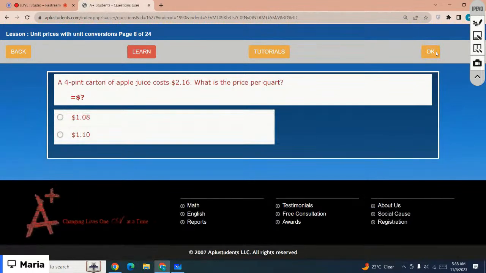A 4 pint carton of apple juice costs $2.16. What is the price per quart? Which is the correct option? The correct option is $1.08. Very good, Arpita. Okay, you can complete the lesson